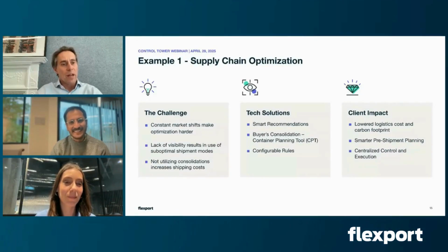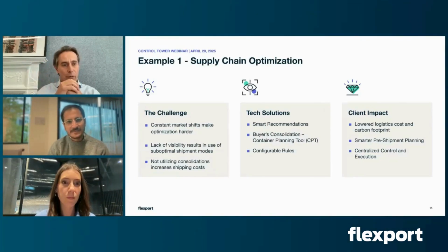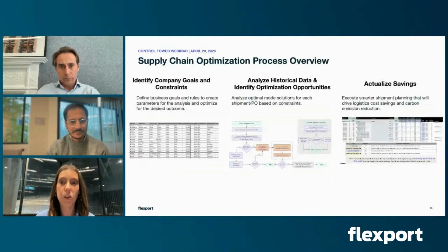But the real issue is how do you implement it, and you want to do that on real production data, right? So this makes your analysis real time, and therefore you can actually implement it real time. So if a supply chain consultant comes with a deck, you might actually get half of the results. Here you get much closer to the full impact of the analysis, because you can run it on your supply chain. Yeah, absolutely. And now that we're talking about the implementation part of it, we can quickly review how the